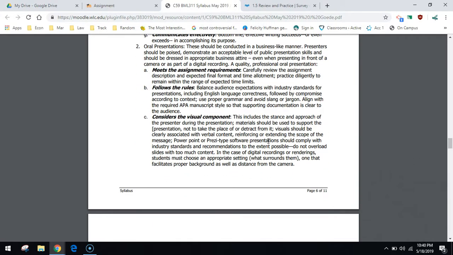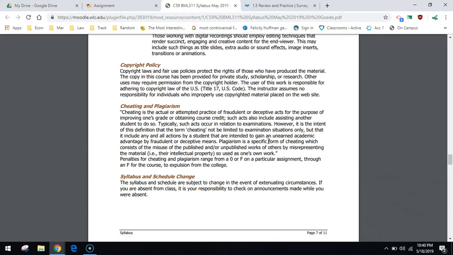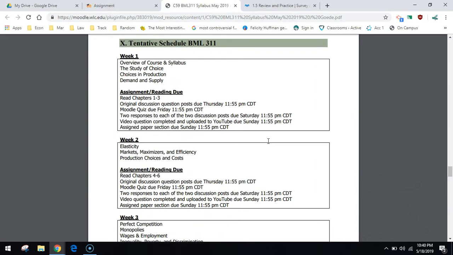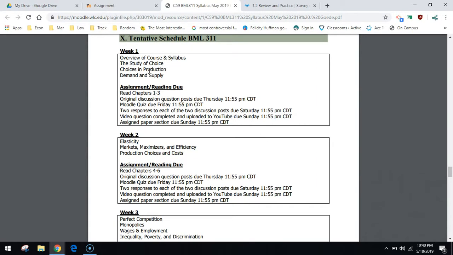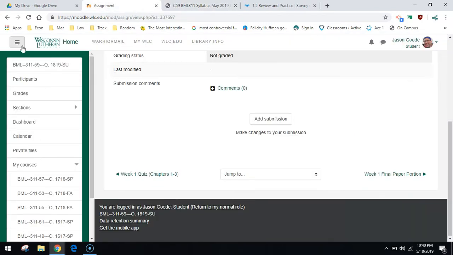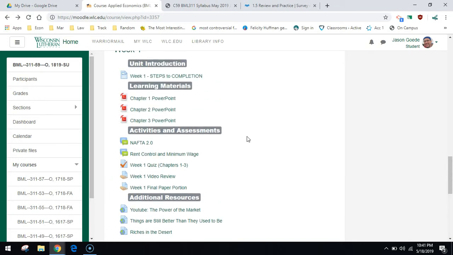So if you fall behind, it is an expectation that your coursework will get caught up. So I'm scanning down here, and again, you'll see the schedule for each week is laid out here in the steps to completion for each week.